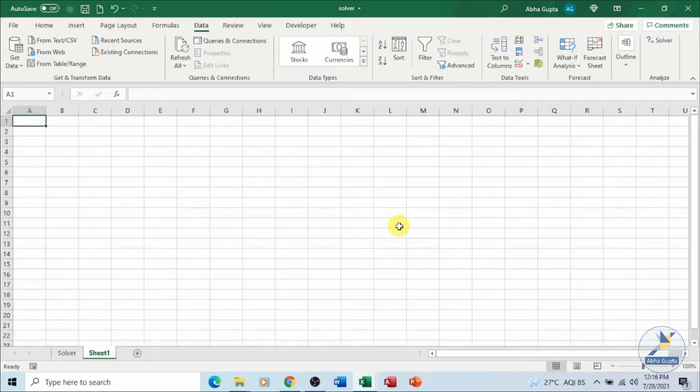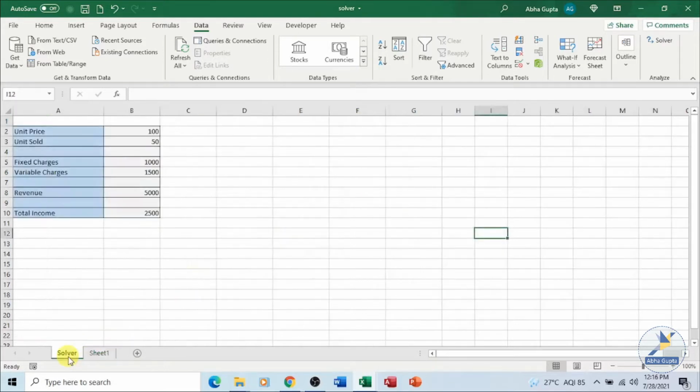So I have an example over here, the same example which we have used for goal seek, where we have a unit price of a product. On this price some units have been sold. We have some fixed charges and the variable charges, and the revenue is being calculated using a formula, that is the product of your unit price and the units sold.